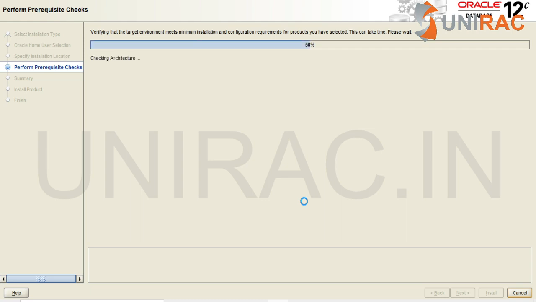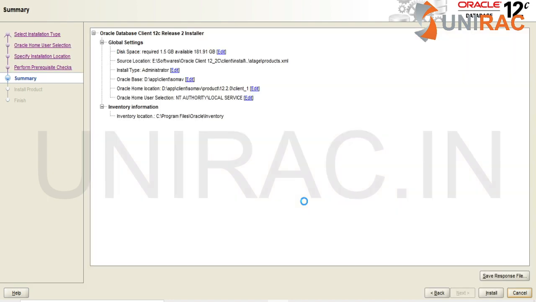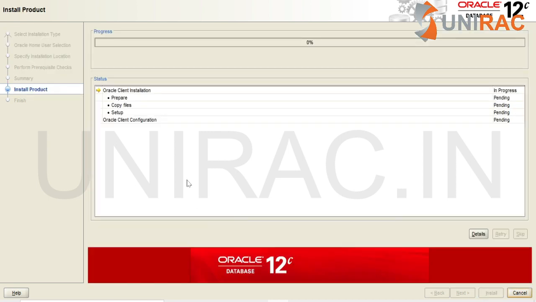It's going to verify memory, the environment variables, the prerequisites. The prerequisites passed and we're about to install. Click on the install button now. Getting prepared, going to get copied.